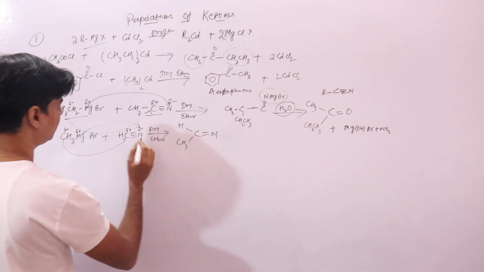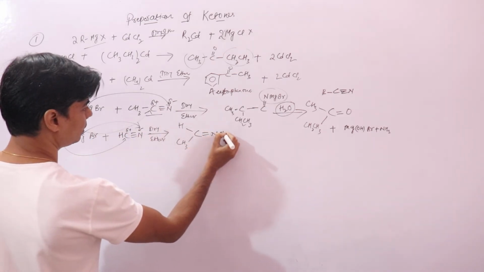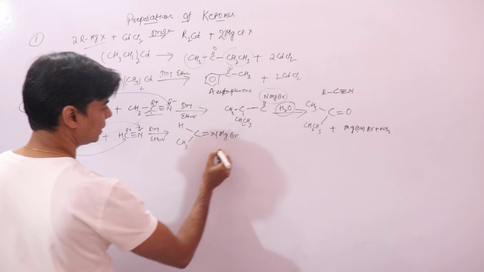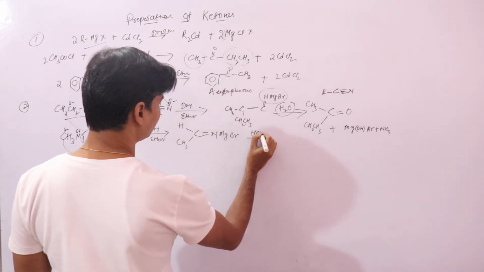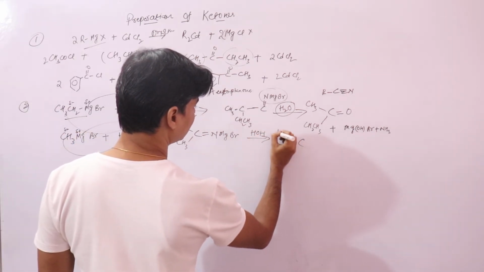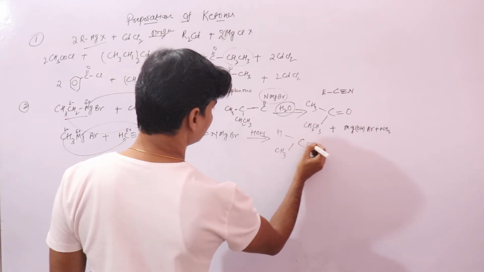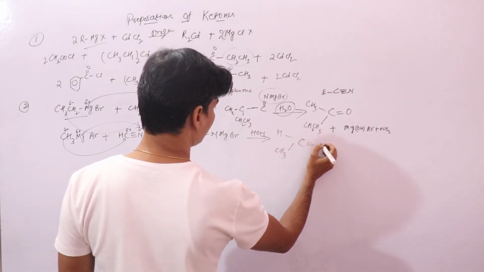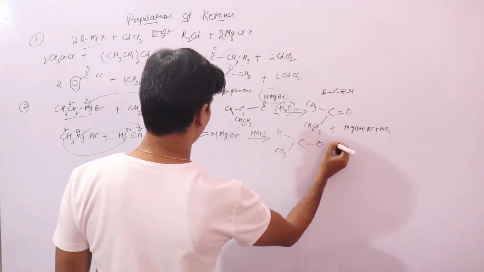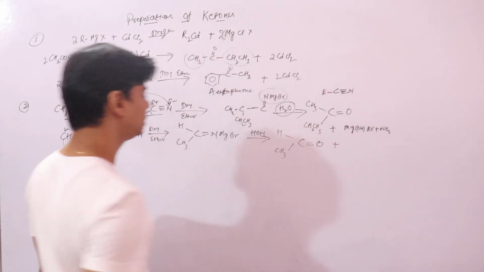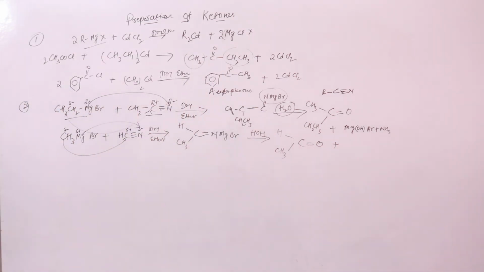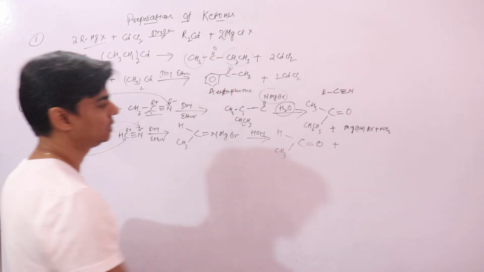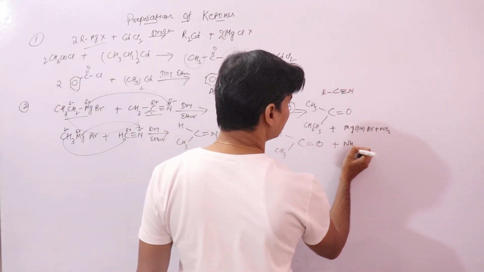Then you have nitrogen double bond, this will get combined here, MgBr, right? And it will undergo the same hydrolysis and form HCH3O plus MgOBr, right? The same type of products you will get, the same byproducts, ammonia plus